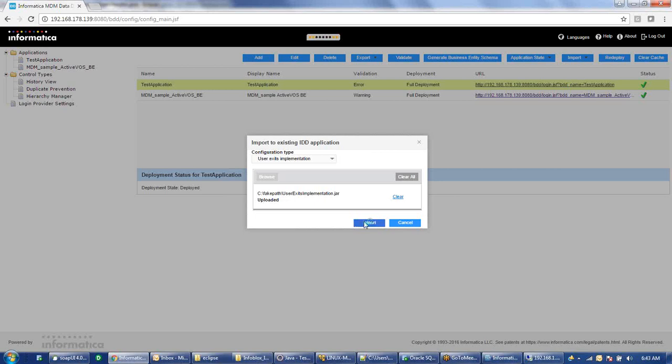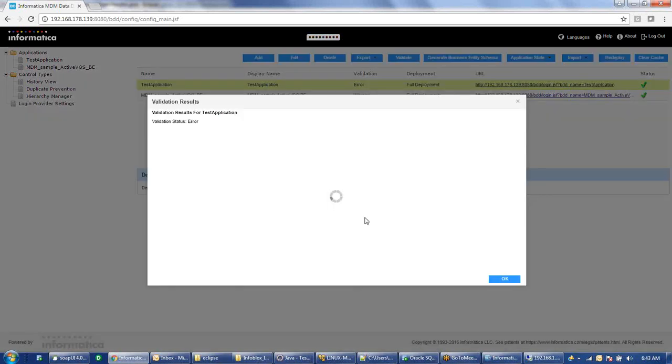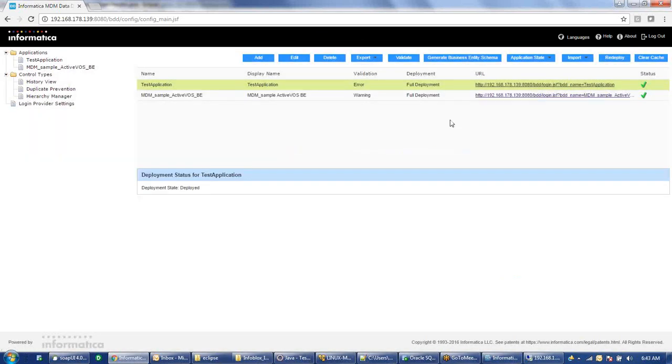Once this is imported, there is one more change we have to do, that we discussed, in the XML file, that is the BDD configuration.xml file. There also we need to make one change. Now that the jar file is imported into the application, if you want to see the jar file, you can do export here.